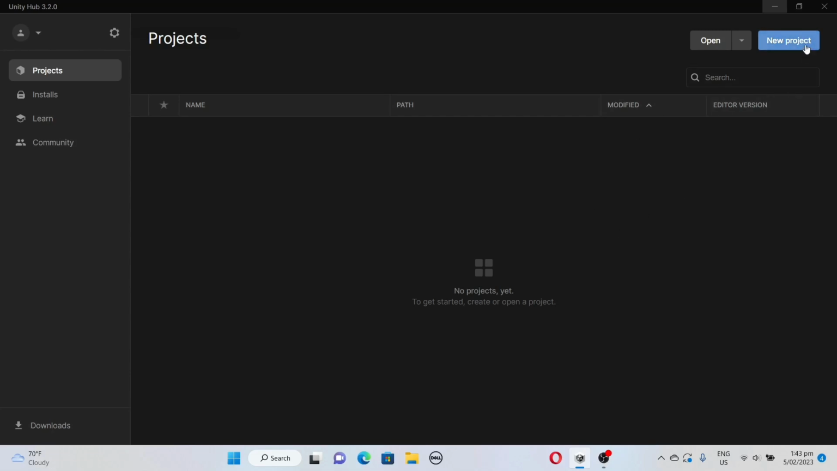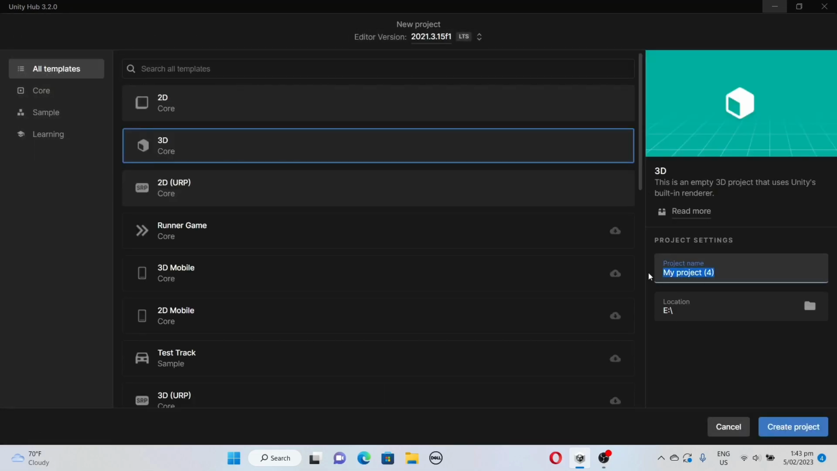So yeah, I'm gonna create a new project, give it a helpful name, and select 3D. Now while the area to make the game loads,